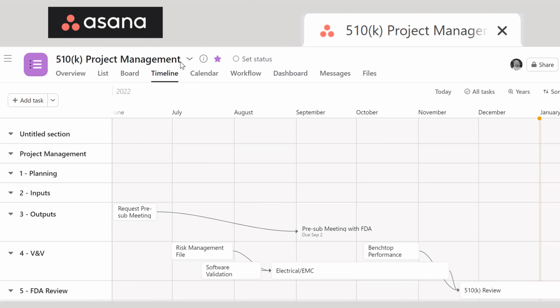So for 510K project management, we use a software tool called Asana. Asana has a free version and they have a paid version. In the paid version, you get this timeline view that I'm showing here. If you get the free version, you don't get that. But what the timeline allows you to do is to move these things around. You can actually click on this box and move it. But